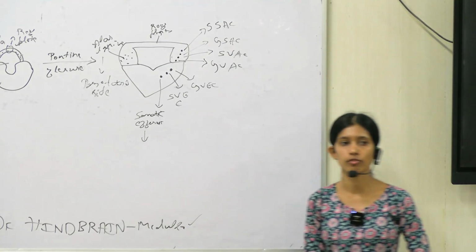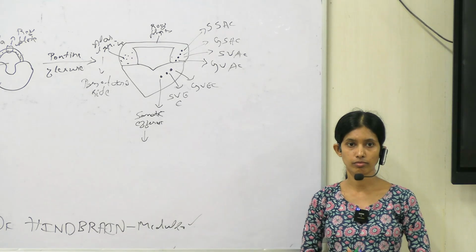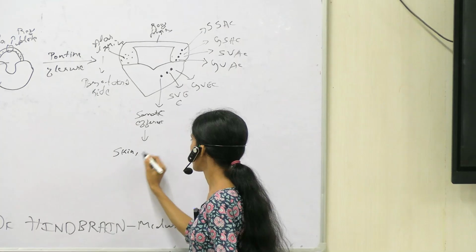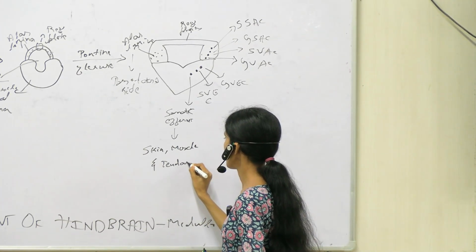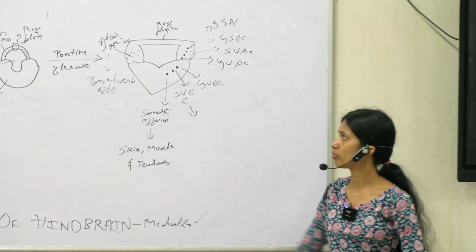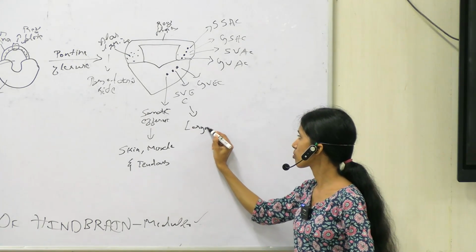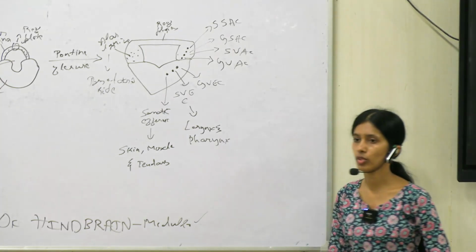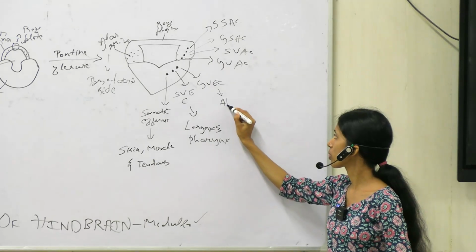So your somatic afferent nucleus will innervate which region? It will innervate your skin, muscles and tendons. Okay. And your special visceral present in the basal lamina will innervate your larynx and pharynx part. Okay. Your general viscera will include the abdomen,